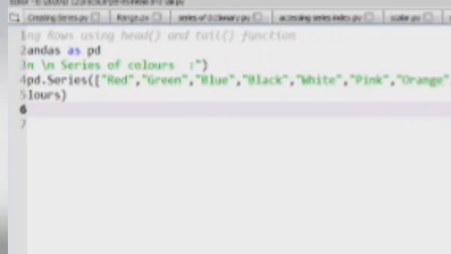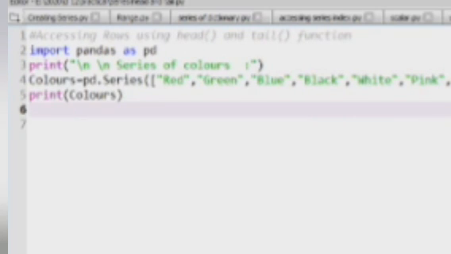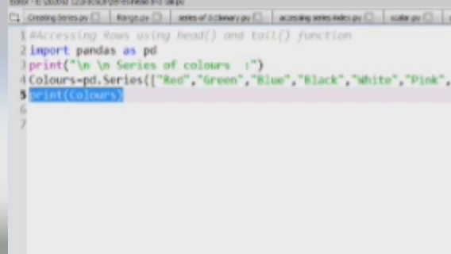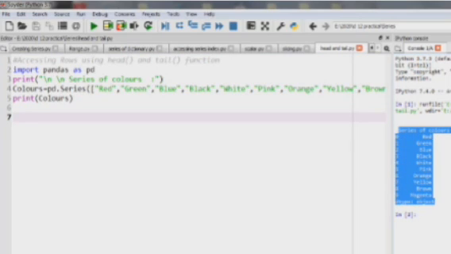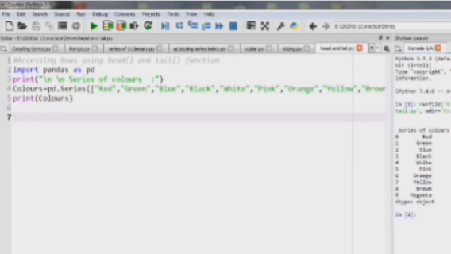And if you want to print all these colors in the form of series, then we need to specify the name of the series inside the print function. Here the series name is colors. I have run this program for you, and here we have the output of the series of colors with 10